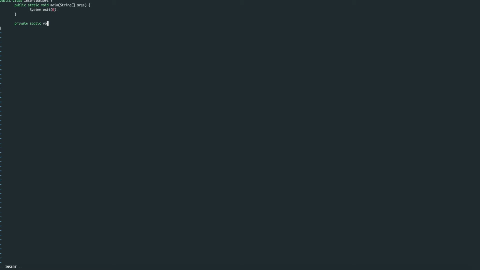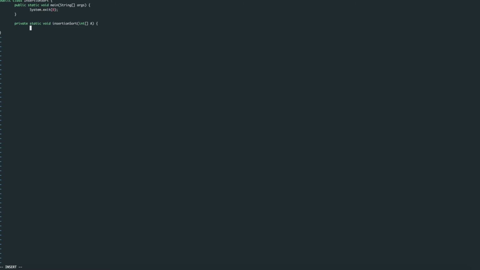This method would accept an integer array and modify the integer array passed using insertion sort, so that the elements are returned in increasing order, right? So insertionSort(int[] A).